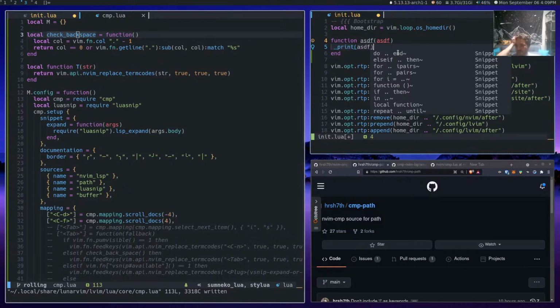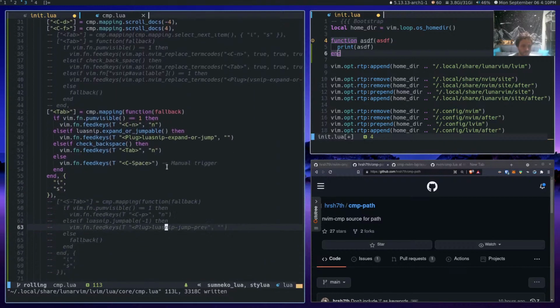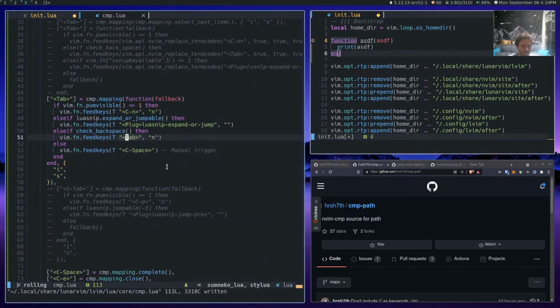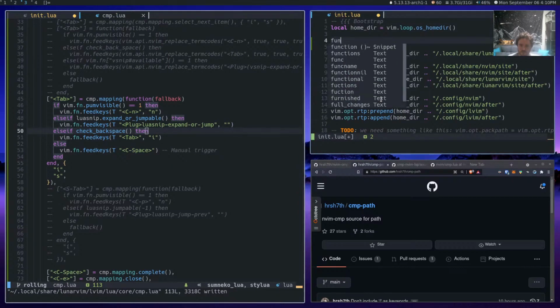See, now I want that to behave not as give me another thing, I want that to behave as normal tab now. I want to be able to just tab and be fine. Like if I do this, I don't want that to happen. So, should this be an N? What does this N stand for? Should that be an I? Is it like for insert mode and normal mode and all?